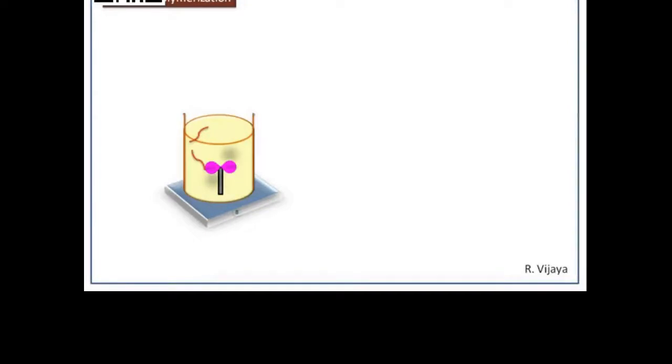In this animation I am going to show you the solution polymerization. Now you can see the monomer is added into the beaker which contains an agitator. The initiator, which is also added, is in the form of a blue dot. After agitation, one of the initiators adds to a monomer, which initiates the polymerization reaction. Now you can see one by one the monomers are added to another monomer to form a polymer chain.